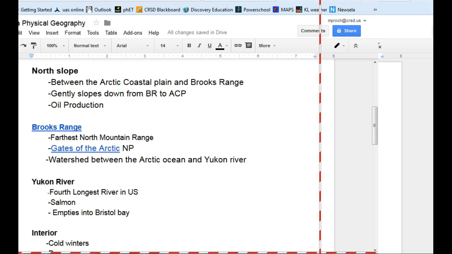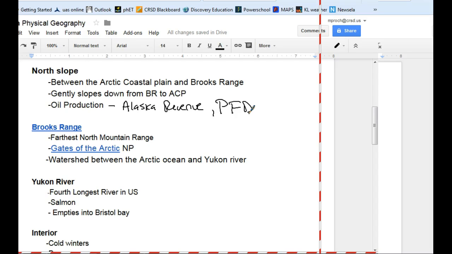Let me just clear these. Okay. So Alaska Revenue, the PFD, the Permanent Fund. So everybody gets a certain amount of money every year because of this oil production from the North Slope region, Dead Horse, up in those areas where oil is extracted. And we don't have taxes here and those kind of things because of all the money we get from the oil. Okay, but that's the North Slope.